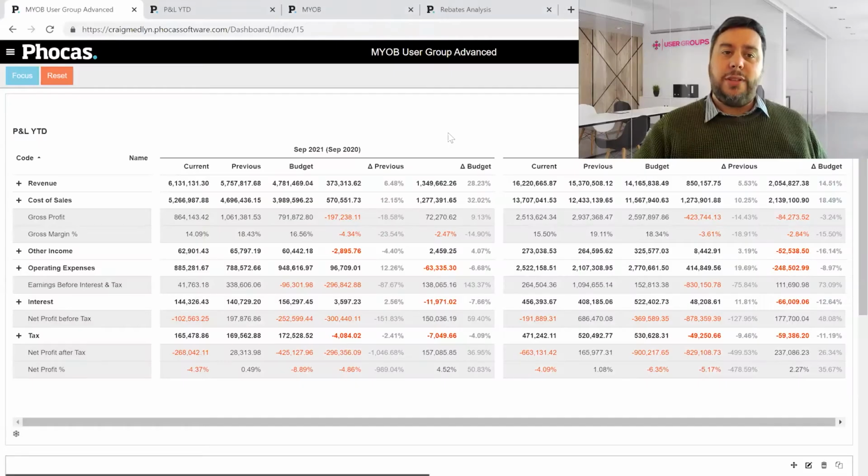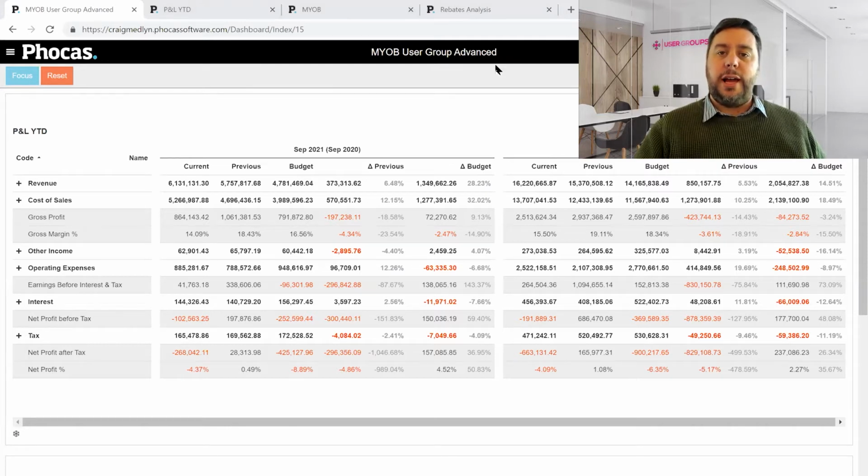So for those that haven't seen Phocas before, Phocas is a cloud-based BI tool. So very much like Advanced, there's no requirement to have any special software on your machine. It is mobile friendly, so it will work on any internet-enabled device, meaning that you can use it anywhere.